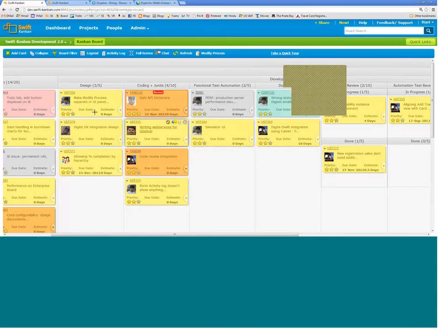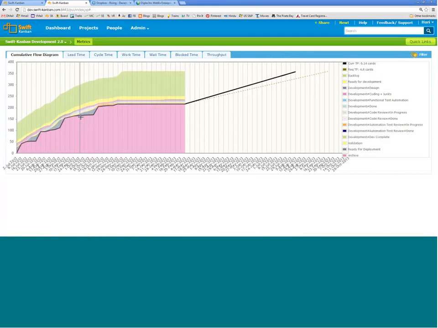Essentially, the slope of this line, you are able to see my screen, I presume, is nothing but the throughput line. The number of cards is on the y-axis and time is on the x-axis, so throughput is work by time, and that is what the slope of this line is showing here.